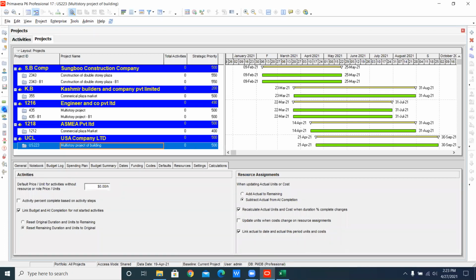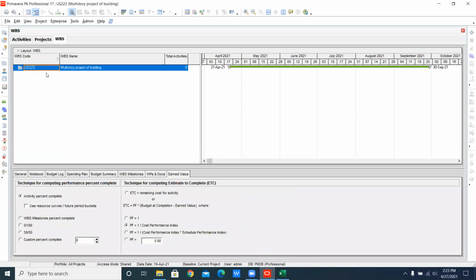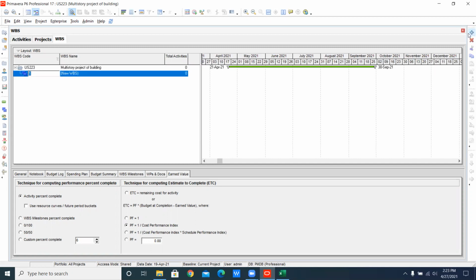In the WBS, first of all, I have to note what things are in my project. I say that in my project there is first the execution or initiative, that is a new WBS, and the risk is 100%, very high.